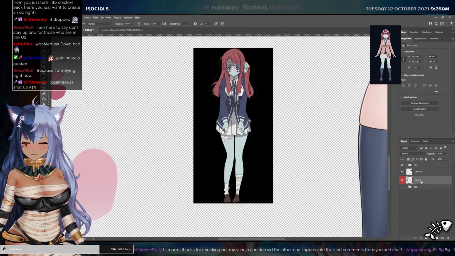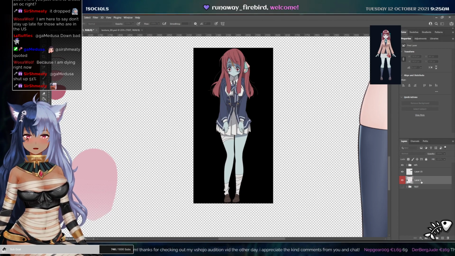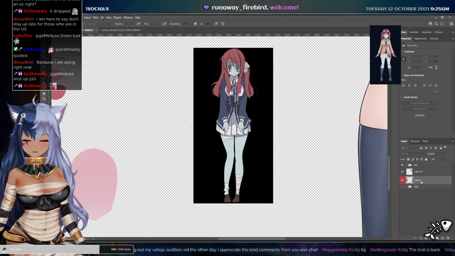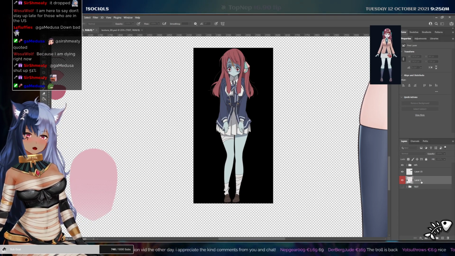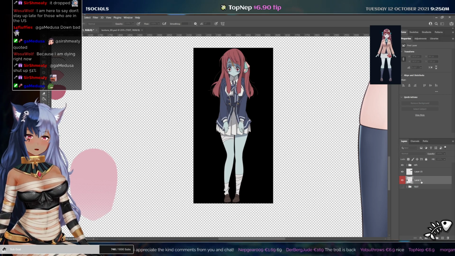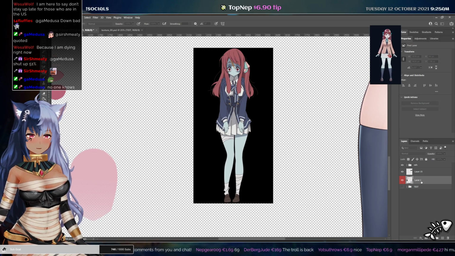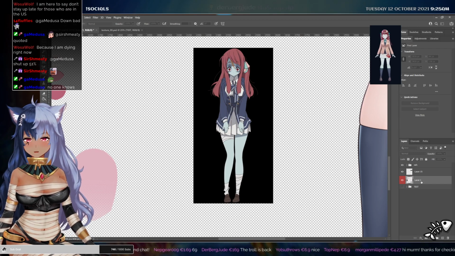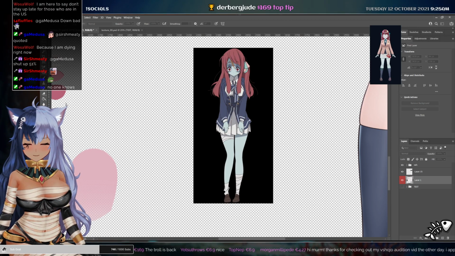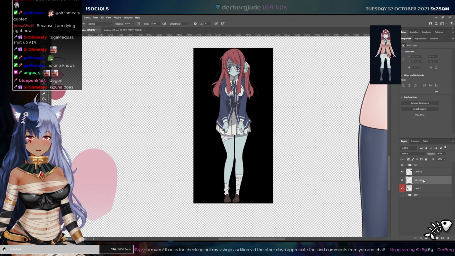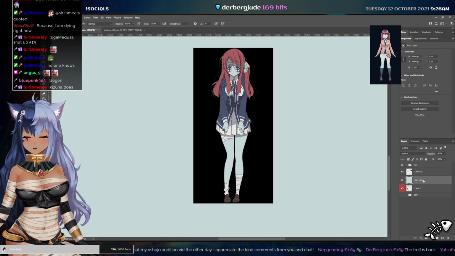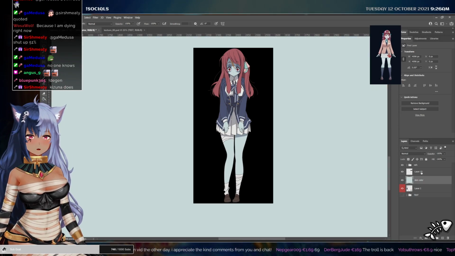And then Control-Shift-N to make a new layer. We are gonna name our layer. I usually don't name my layers, okay? I'm chaotic like that. But for the sake of this video, I'm gonna rename the layers, okay? So I'm gonna rename this one Skin Color. And then Alt and Backspace will fill the entire layer